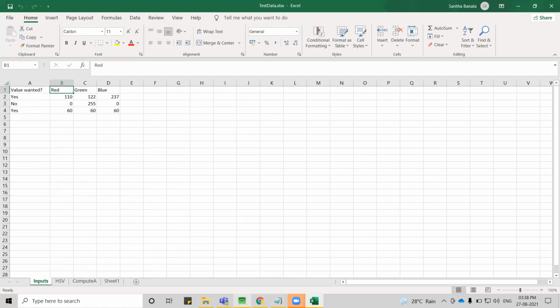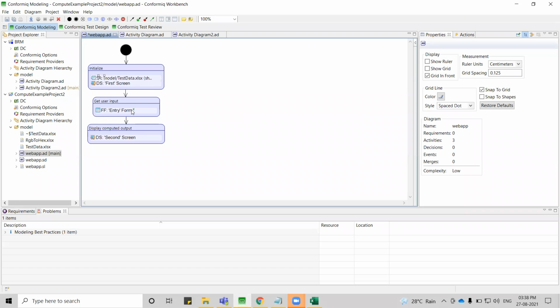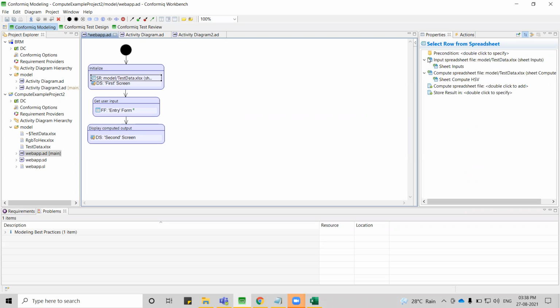So if I go to Conformiq now and go to spreadsheet row here, you can see the difference. Whatever sheet I'm mentioning as input will be considered as the main sheet from that Excel file, from that test data file.